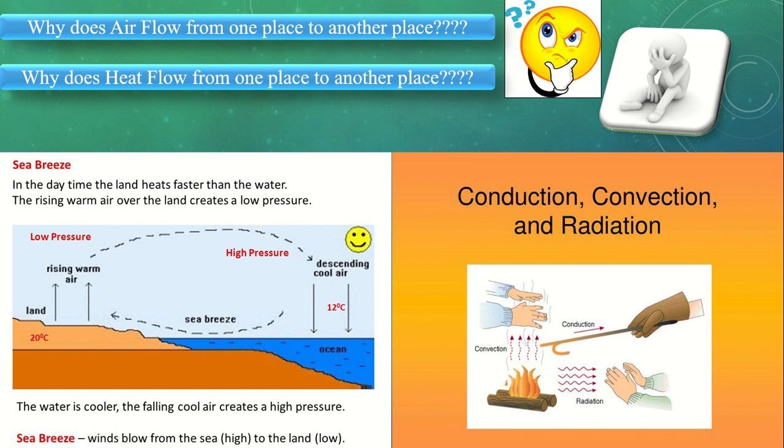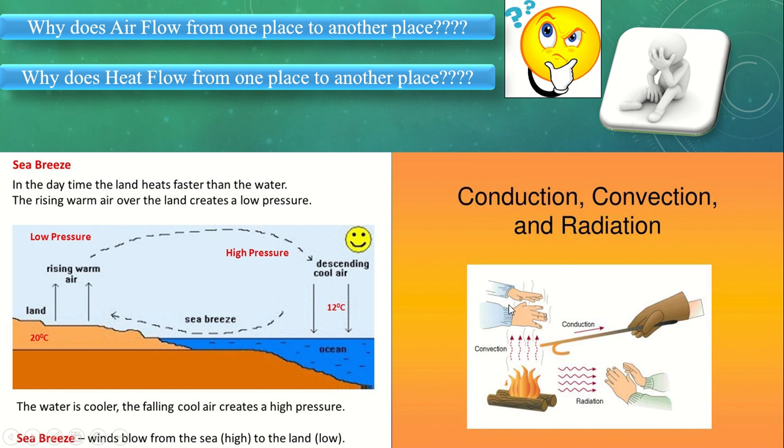Next, coming to convection. It is the transfer of heat energy by the movement of fluids such as gas or liquid. Convection currents are due to hot fluid rising and cold fluid sinking. You can see the second diagram. Because of the gas or air flow here, because of gaseous particles, the heat is transferring, and this is called convection.